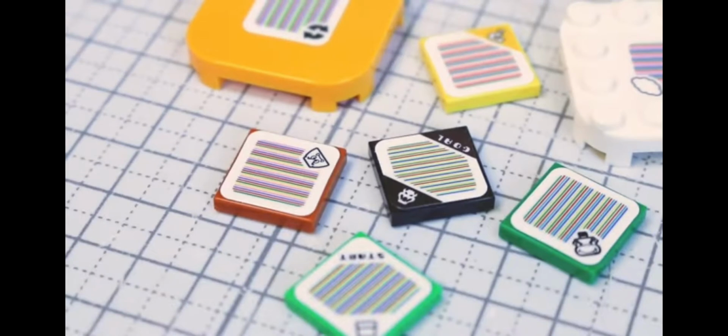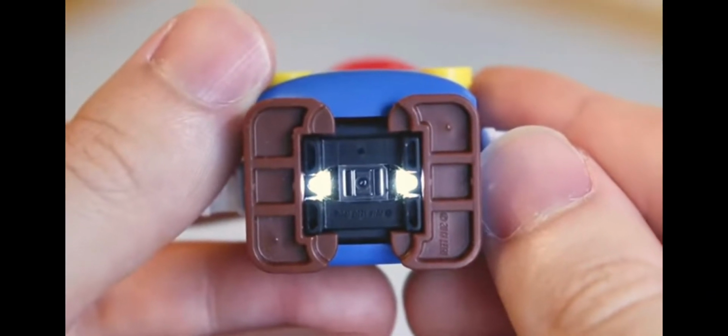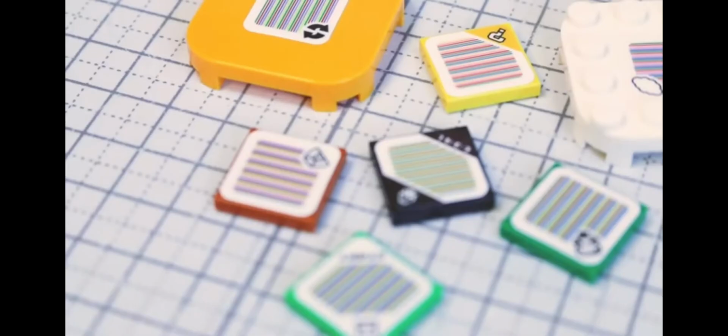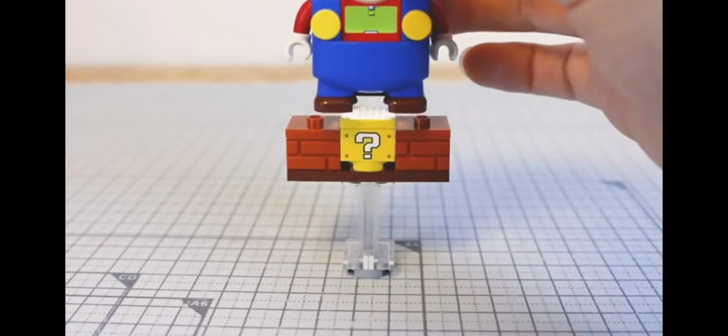So we want to push the possibilities of LEGO Mario a bit further, and to do that, we're going to have to hack these barcodes. LEGO Mario's magic lies in the little barcode scanning camera, nestled in his bum. The codes themselves comprise of 29 lines, 0.2mm in width and spaced 0.2mm apart. Each holds a unique sequence of colours, which tells Mario whether it's a Goomba, question mark block, or some other